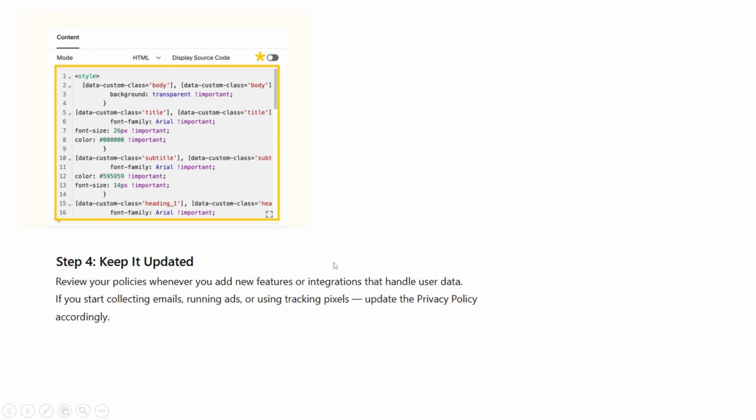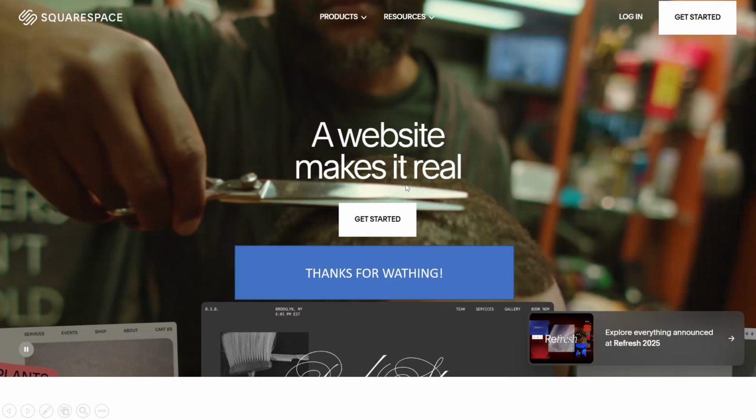Finally, keep everything updated. Anytime you add a new feature or integration that handles user data, like email signups, ad networks, or tracking pixels, review your privacy policy and make changes as needed. It's a good idea to include a last updated date at the top of each policy so visitors know they're seeing